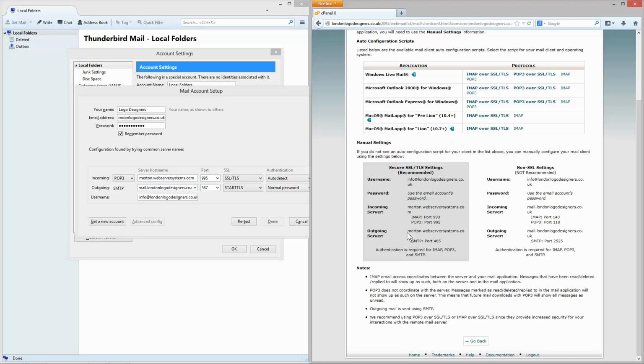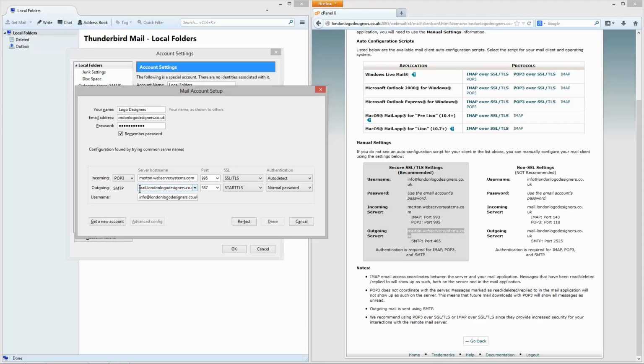and then this is the outgoing server, which is exactly the same as the incoming server, this host name. So I'm going to paste this one into here as well, and I need to set the SMTP port to 465, and this is correct here, and I need to select normal password here on these two,